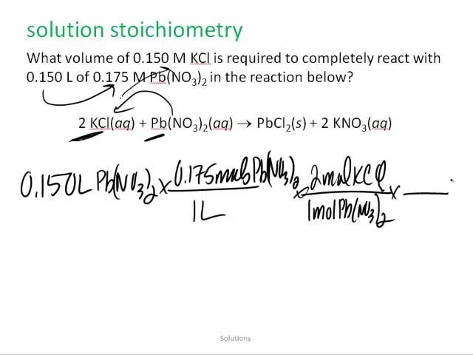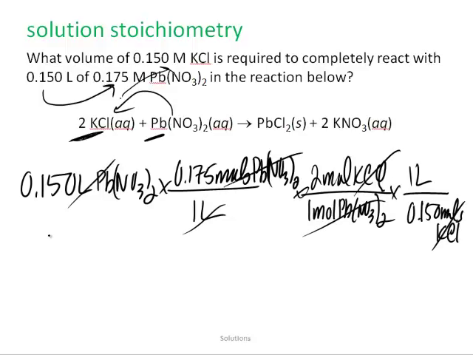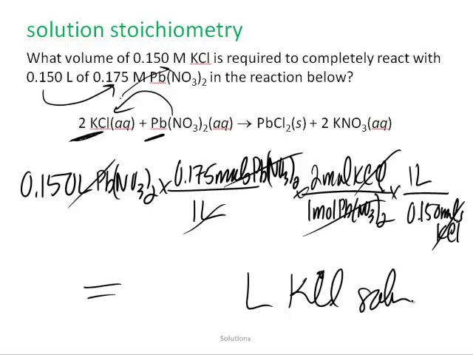And I know that I added a 0.15 molar solution, so 1 liter will have 0.150 moles of KCl. So my moles of KCl cancel, my moles of lead nitrate cancel, my liters cancel, and so when I throw this into my calculator, I know I'm going to have liters of my KCl solution for my final units, and throwing this in my calculator gives me an answer of 0.350